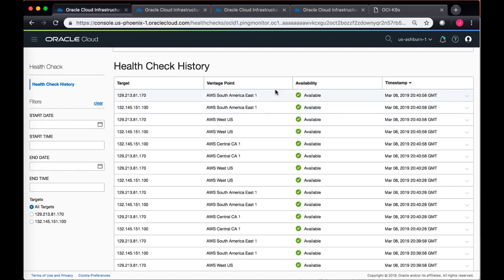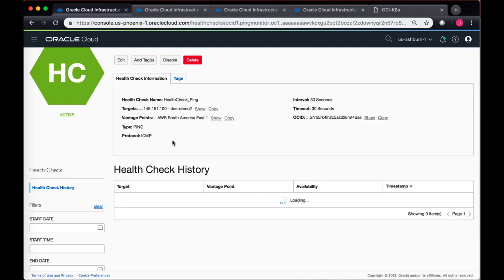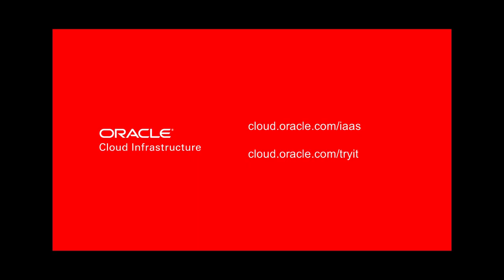One thing to mention over here is that since I'm doing a ping test, I have to specifically allow ICMP ingress and egress traffic on my web servers as well, which are running inside Oracle Cloud Infrastructure. The web servers are running inside my VCN, so I have to specifically open up the ICMP rules to make them work. This actually completes our